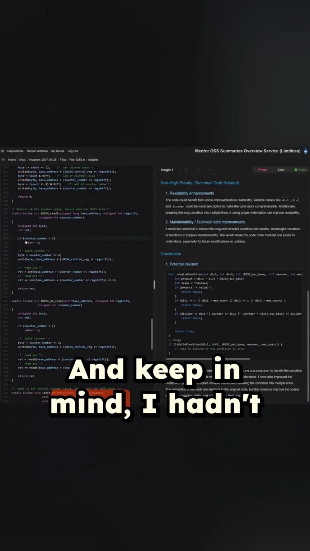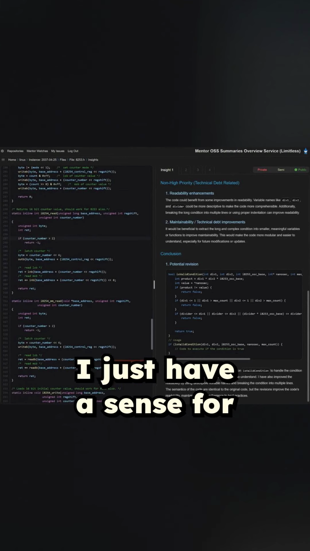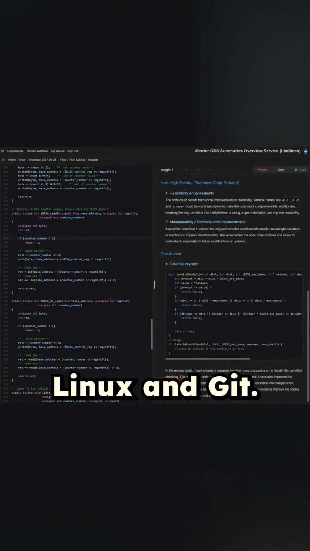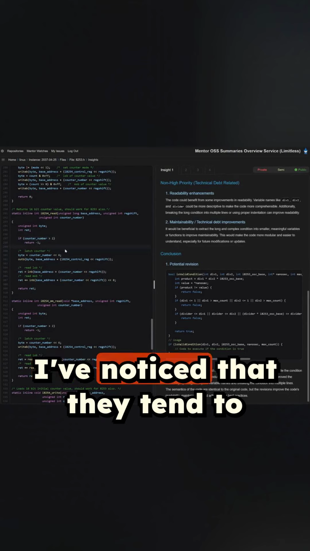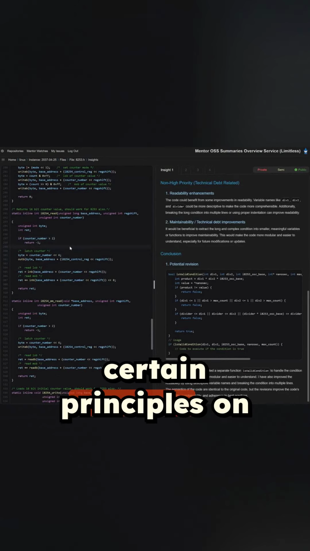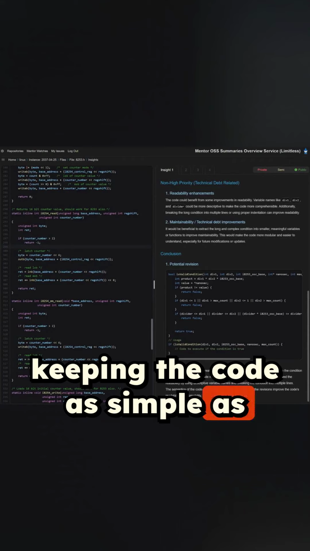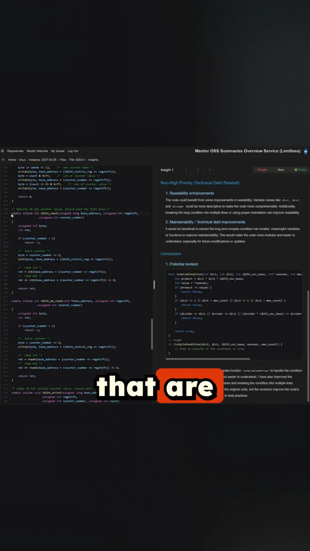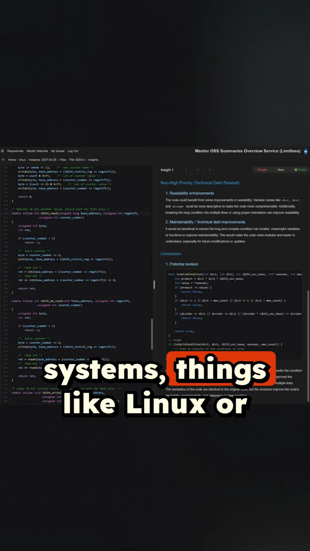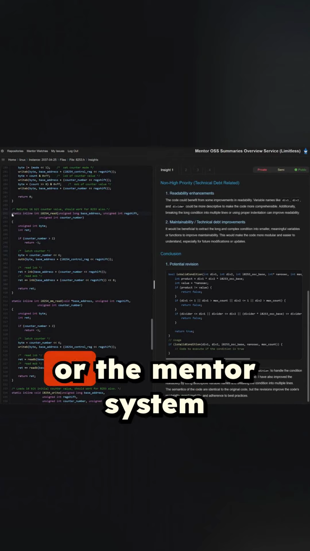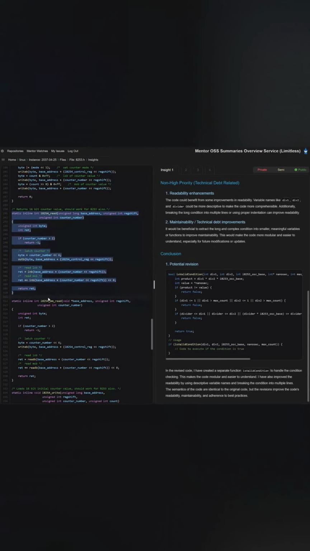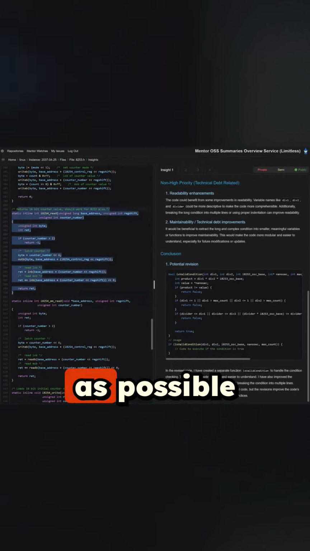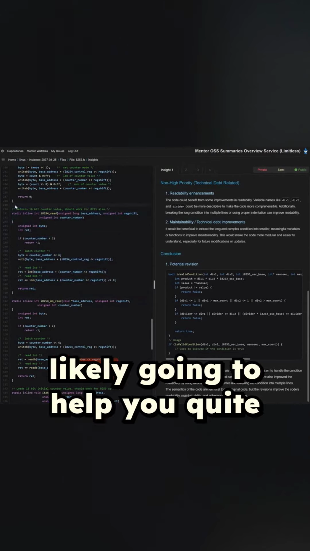Go further. And keep in mind, I hadn't looked at this code. I just have a sense for the Linux Foundation code, especially Linux and Git. I've noticed that they tend to be really good about following certain principles on keeping the code as simple as possible. And I do think that for large-scale software systems, especially those that are going to be critical systems, things like Linux or Git or the Mentor system or real-time systems, having the code be as simple as possible is likely going to help you quite a bit,